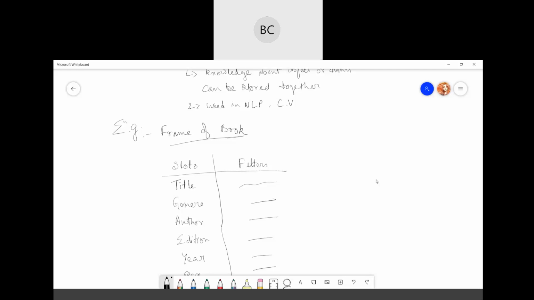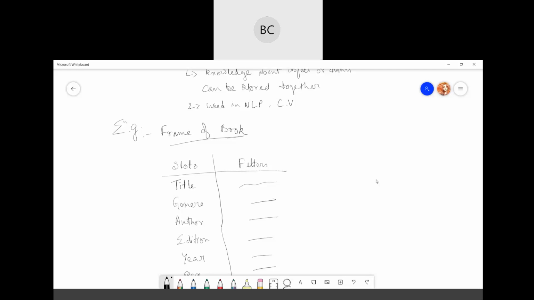They are stored together in frames. Whenever there is a requirement, the machine infers the necessary information to take the decision. For example, here you have seen the frame of a book. In the frame of a book, there will be values like title, author, edition and so on. Then you can keep the values in the fillers or facets.